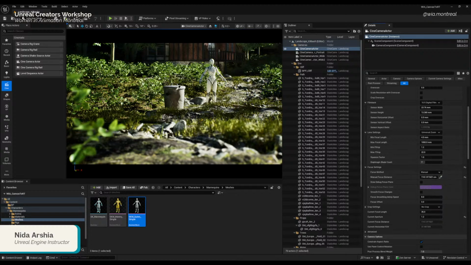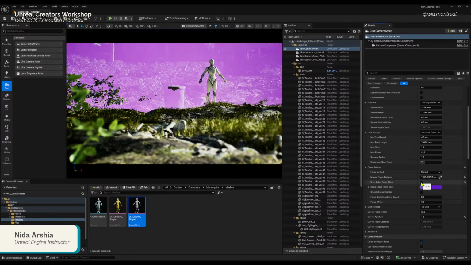Or since we are selecting the trash can, we're going to select that. And we have a debug focus plane. So this is very useful in checking where the focus is lying currently.